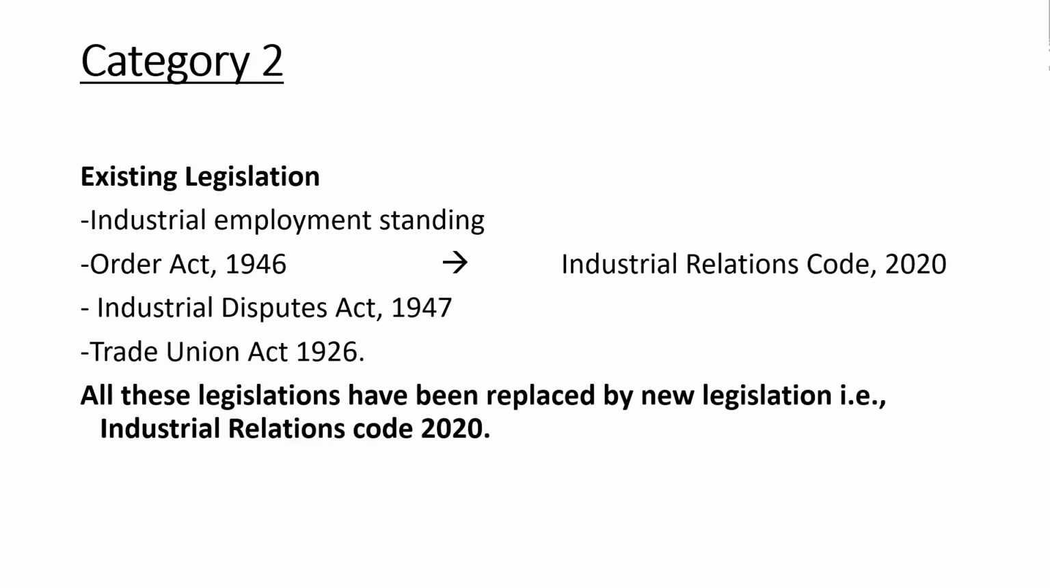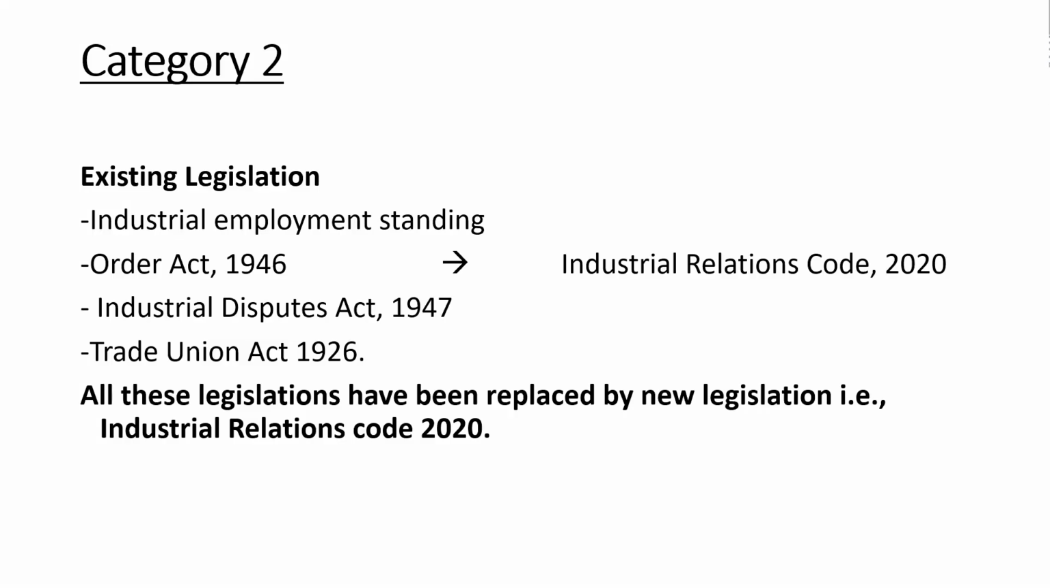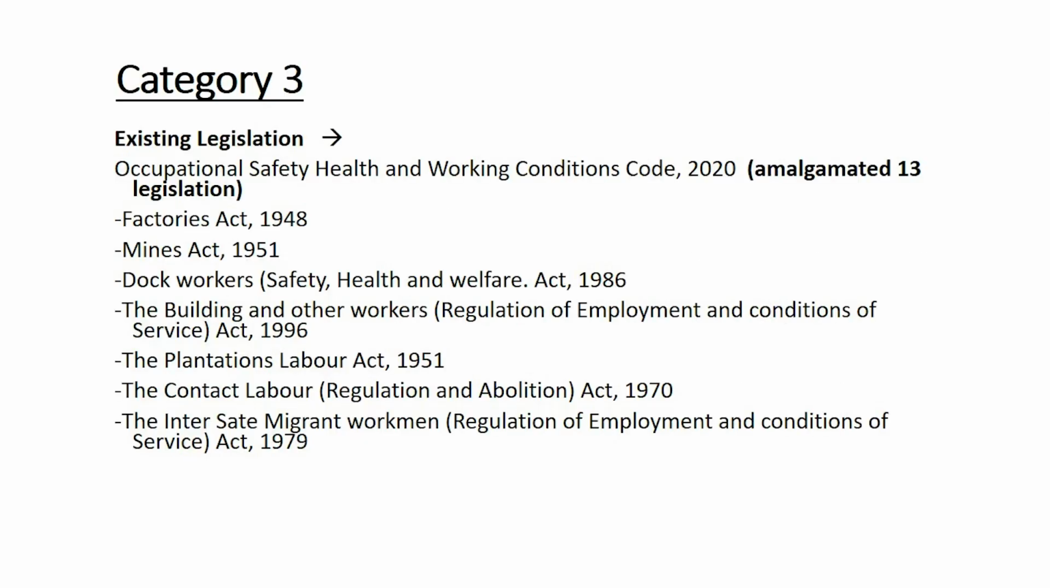The second category is where 3 laws have been subsumed into a code, and the name of this code is the Industrial Relations Code 2020, into which these legislations have been amalgamated: the Industrial Employment Standing Orders Act 1946, the Industrial Disputes Act 1947, and the Trade Unions Act 1926. And the third category is the Occupational Safety, Health and Working Conditions Code 2020, into which we have amalgamated so many labour legislations, say